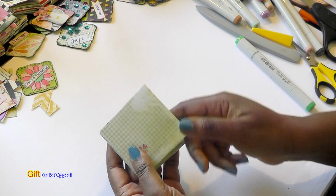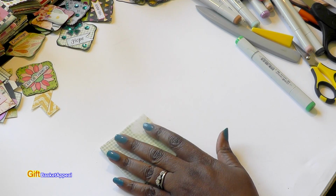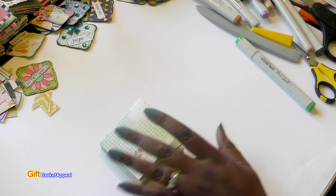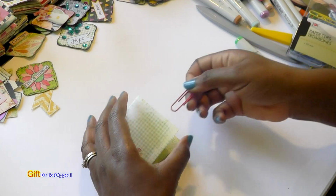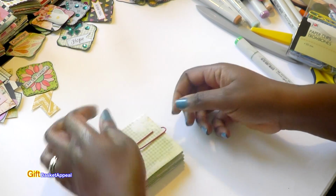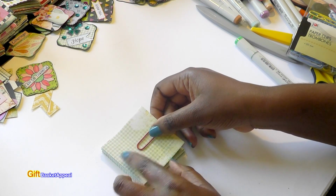This is the front cover. And what I'm going to do is put something on there so I can make sure I remember that that's the front cover. Maybe I'll put a paper clip on there because we're going to start gluing it together now. Another important part. So I'm just putting this paper clip here just so that I remember when I'm gluing that